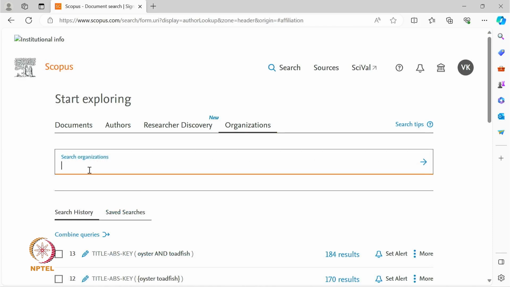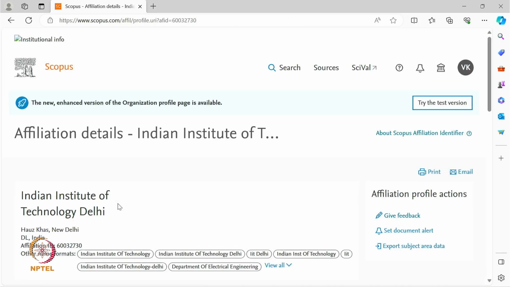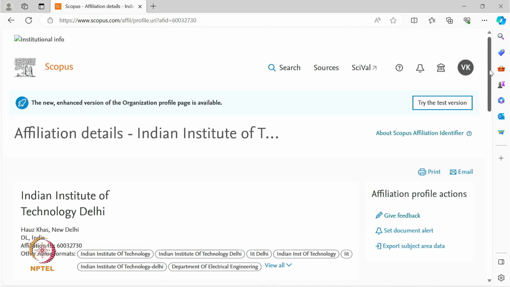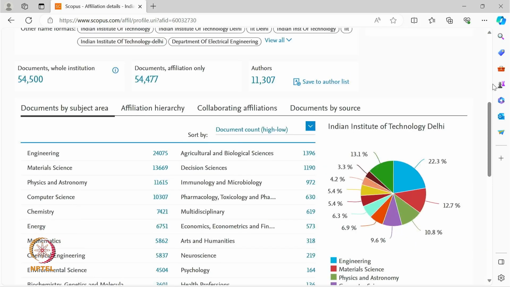And moving to the last search, which is affiliation or organization search. I am interested in viewing documents of how Indian Institute of Technology Delhi is working. See, this is the affiliation ID of Indian Institute of Technology. This is the Scopus ID. So you are getting documents for the whole institution 54,500, while documents for affiliation